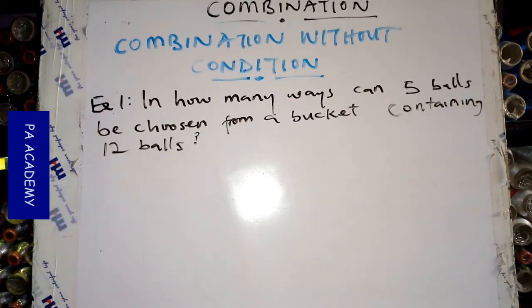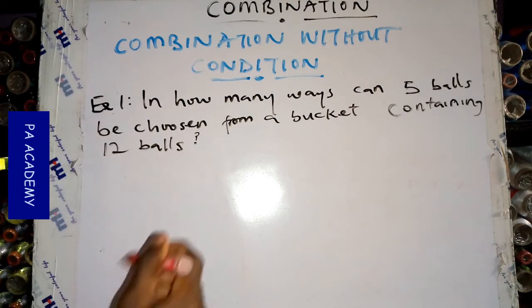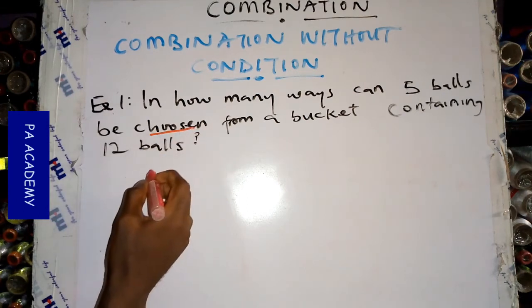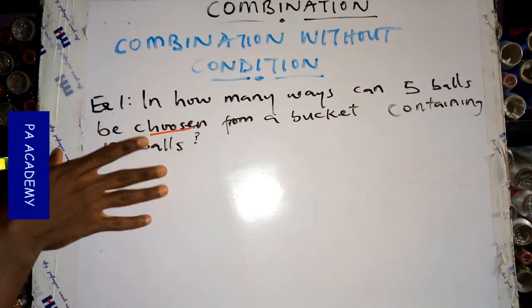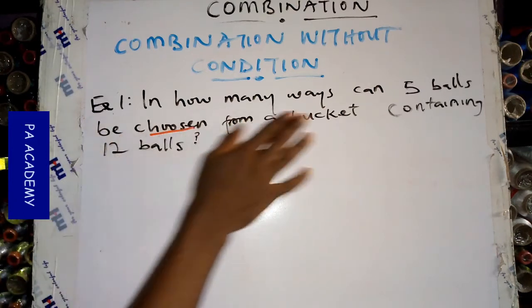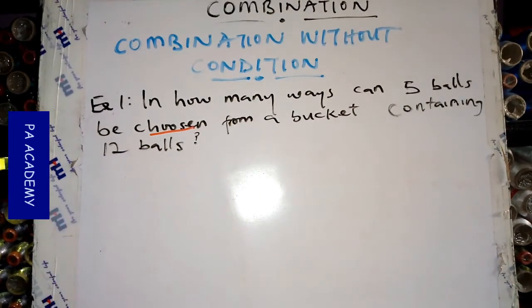Now if you remember in the previous part, I explained that when we are dealing with combination, one of the key words that they use for questions under combination is choosing or selecting. That's the key word they use for combination. So that's to tell us that the question is under combination. It said, in how many ways can 5 balls be chosen from a bucket containing 12 balls? Now we are not given any condition. So if you are not given any condition,